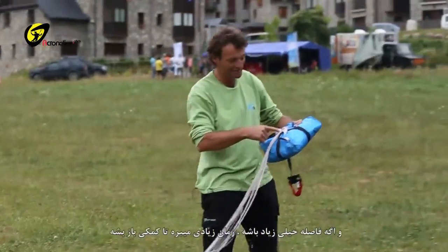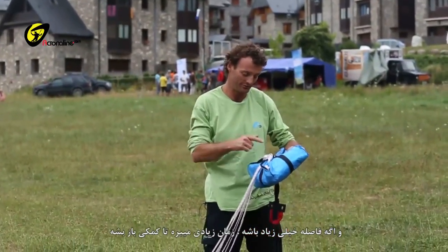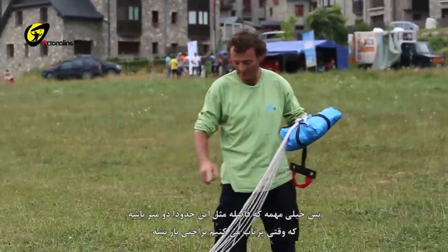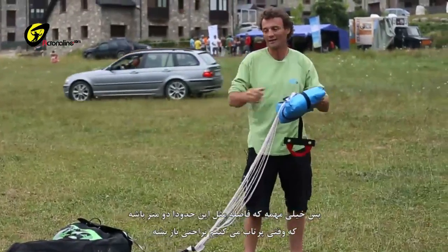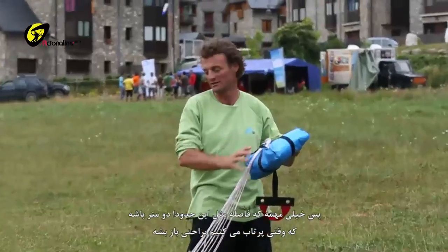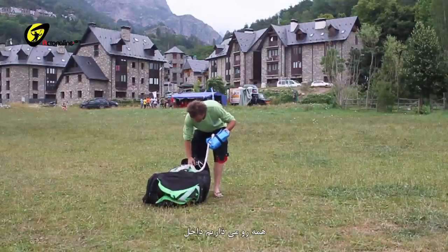And if the distance is super long, it needs more time to go out and start to inflate. So it's important that the distance is like this, around 2 meters, and that we can throw it and it will open at a distance. Then we put it all